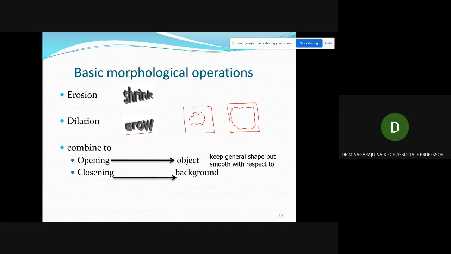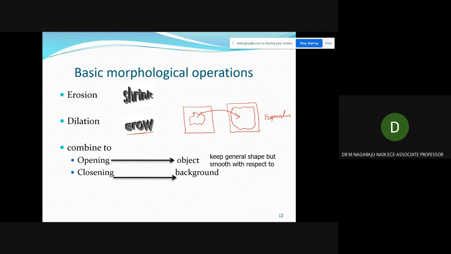That means the object information is expanding. Growing is nothing but developing or adding more pixels and we get the edges of the object or whatever it may be. So we are adding, that means expanding or growing the region of the particular object.